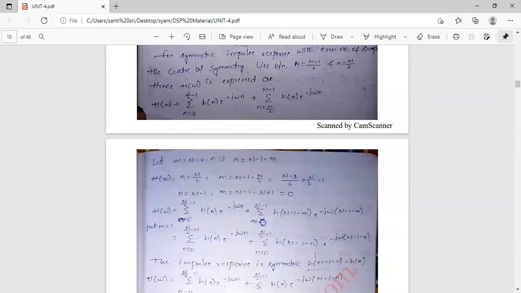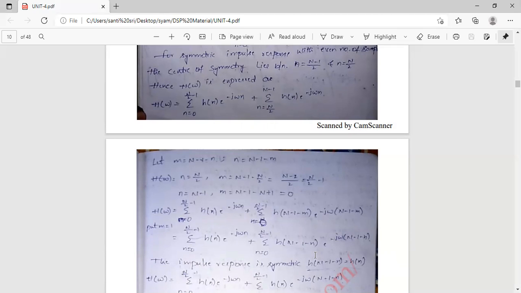Let m equal to N - 1 - n, or n will become N - 1 - m. So H(ω) for n equal to N/2. Okay, this will become m is N - 1 - N/2, that is (N-2)/2, that is N/2 - 1. And if n equal to N - 1, then m will become N - 1 - N + 1, so that it will become 0. So H(ω) equals sigma n equal to 0 to N/2 - 1 h(n) e^(-jωn)